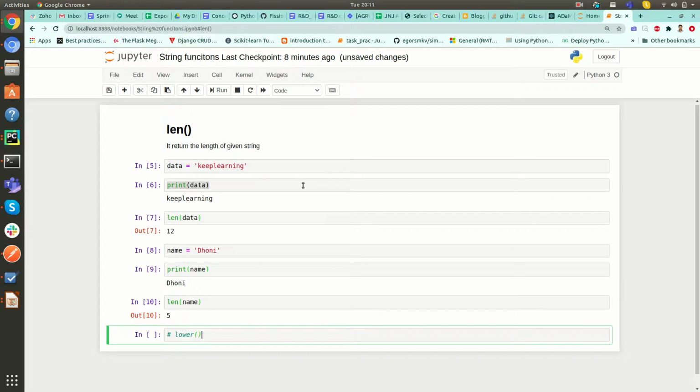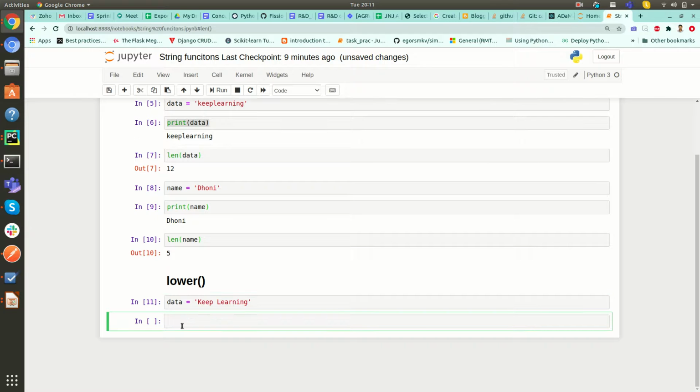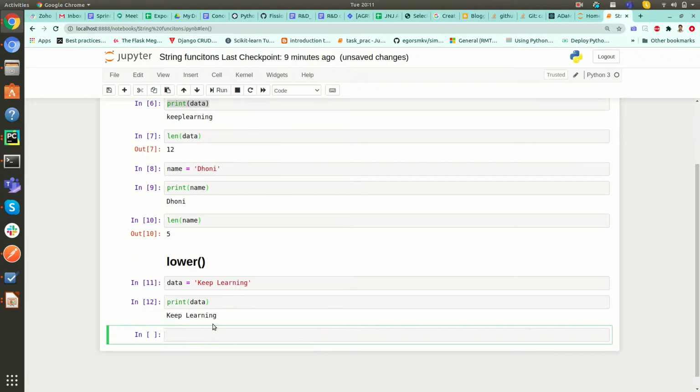Now we are looking at the lower function. Let's take an example, with data again. Here I am writing Keep Learning. I will print the data, and it shows Keep Learning.